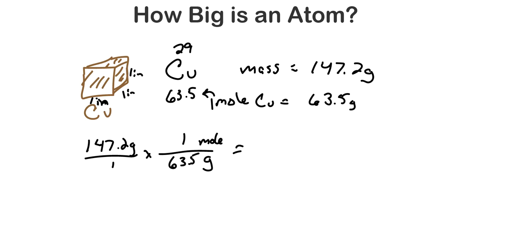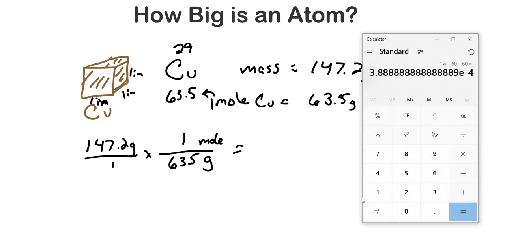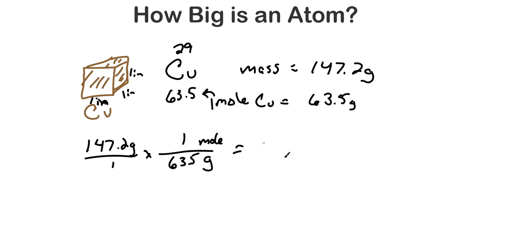So we get out our calculator. Let's take 147.2 and divide it by 63.5. And sticking with significant figures, we get 2.32